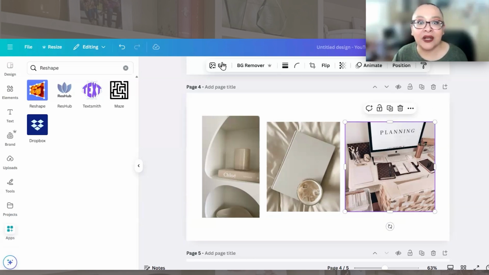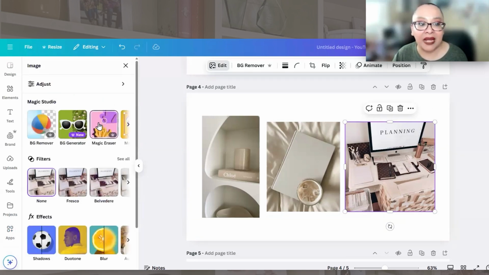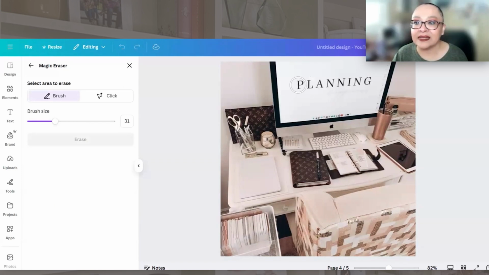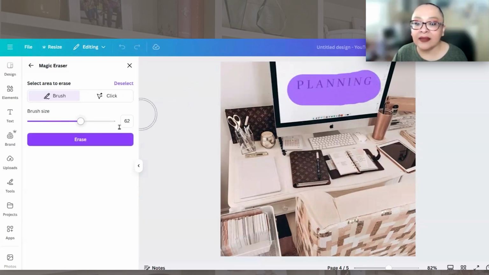You're going to highlight this. You're going to go to edit. You're going to click on magic eraser. And let's say that you don't like the words. So I'm going to make this bigger just because I wanted to erase all of this. And then let's just say that not only do you not like the words, but maybe let's say you don't like this. I believe it's a candle